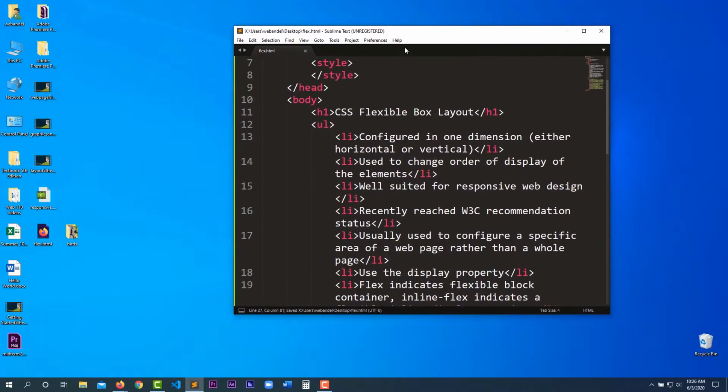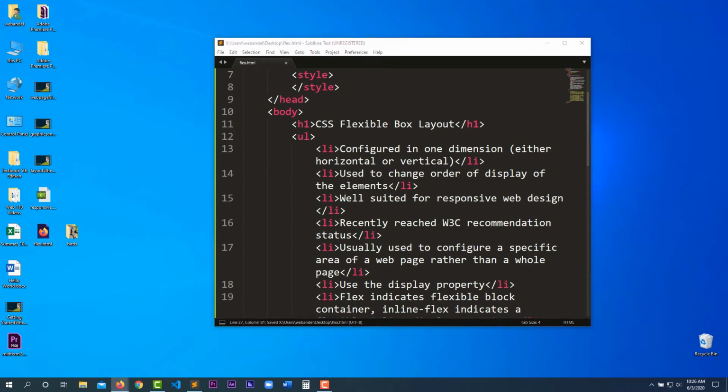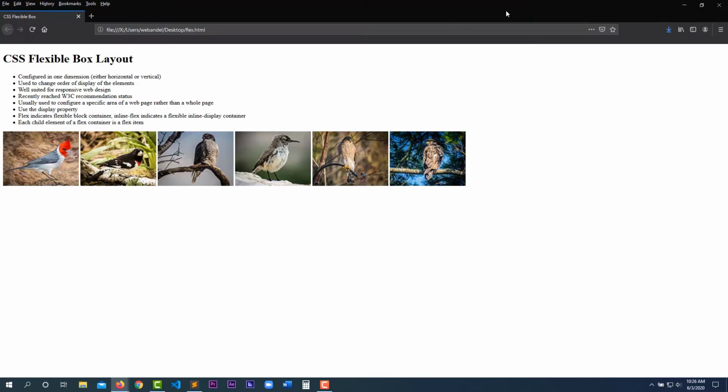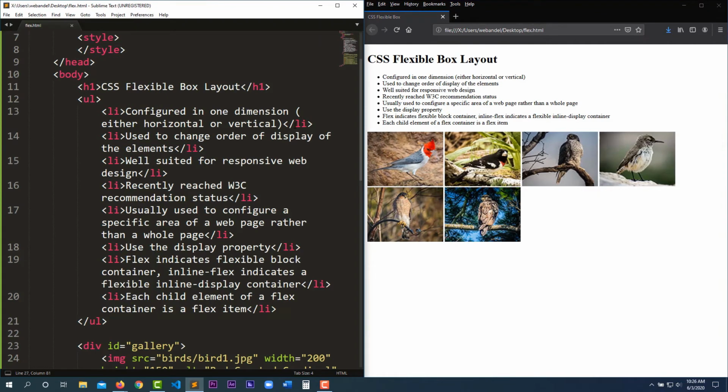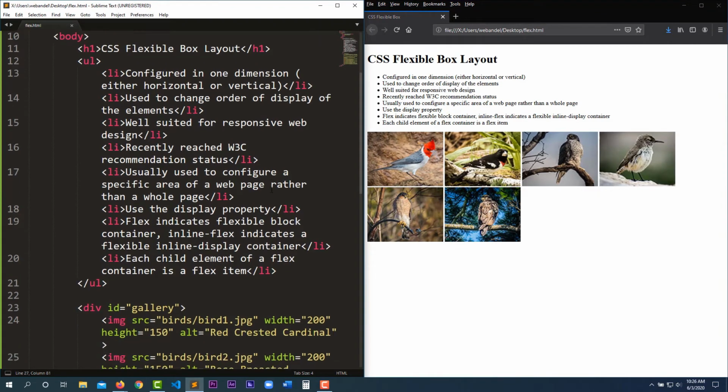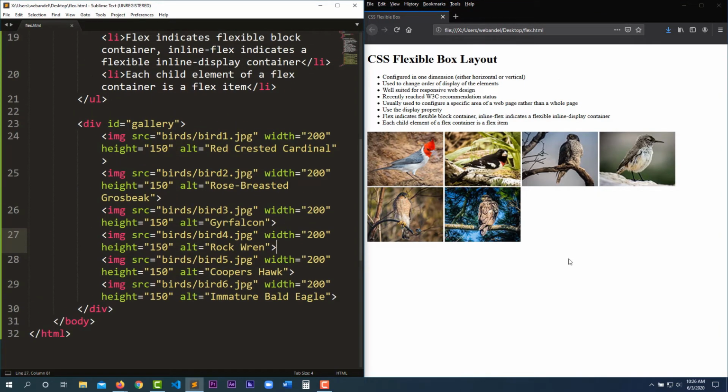Right, so I should be able to save this. I'm gonna go ahead and open this. Have these just kind of next to each other so we can see what we have already to